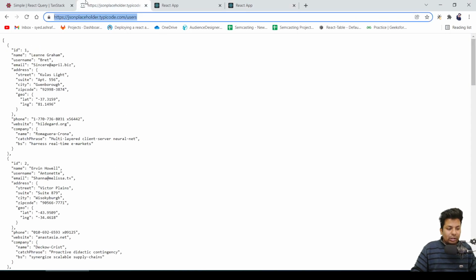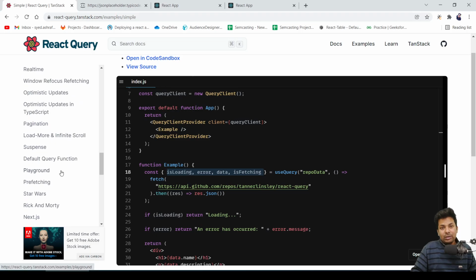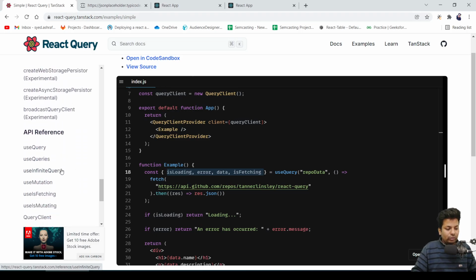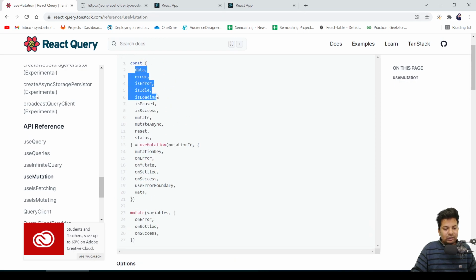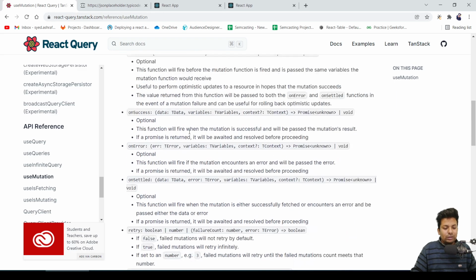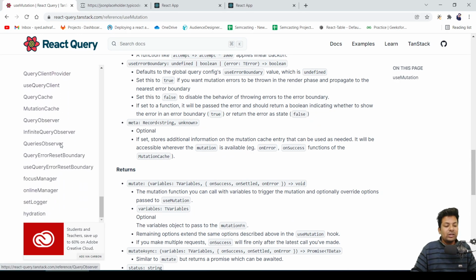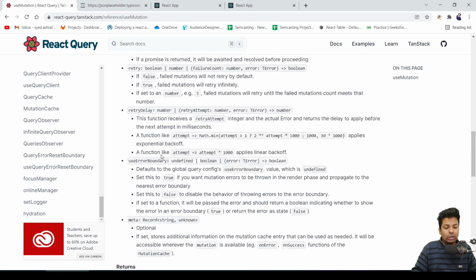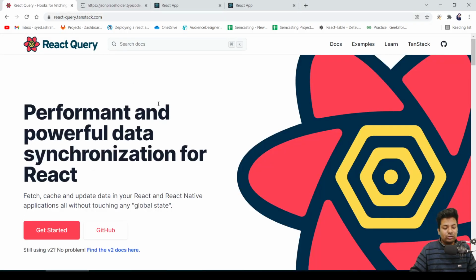So it's used for GET. Then for mutation also you can use it. See, there's useMutation, I mean if you want to do a POST request also, this can be used for POST requests. There is so much data: error, isIdle, isPaused, isSuccess. You can use mutation also, and this is also used with GraphQL. So this is a good step towards GraphQL if you are going to learn React Query instead of Axios.